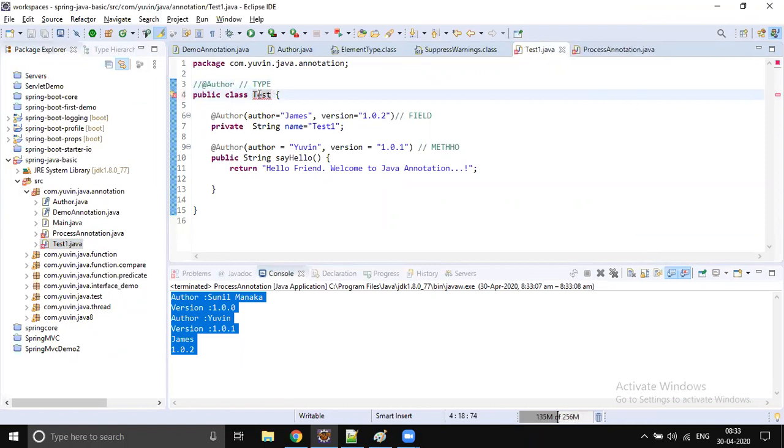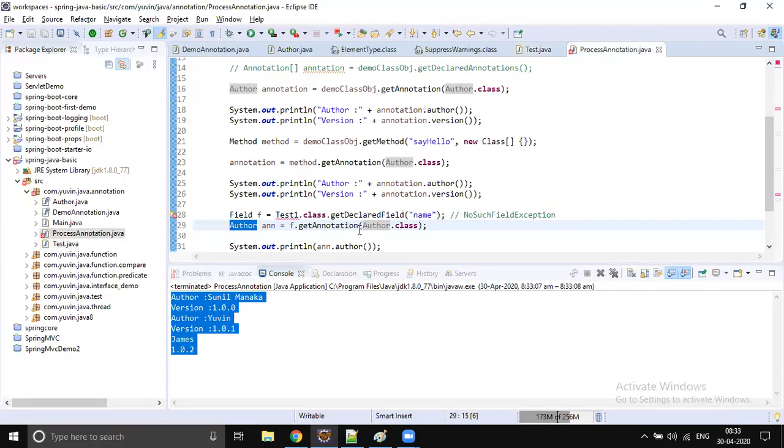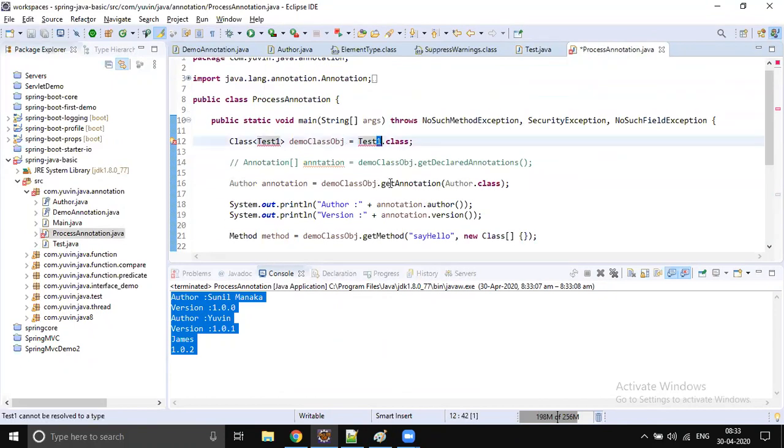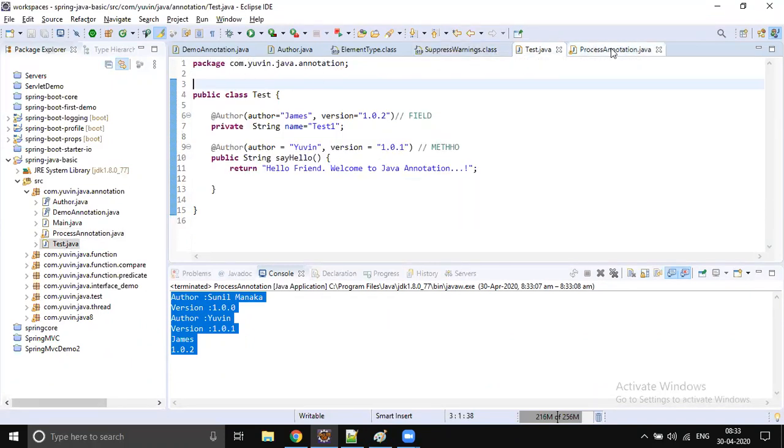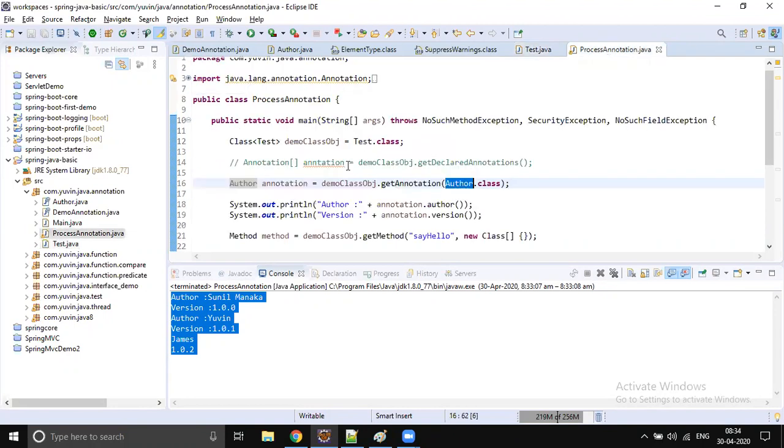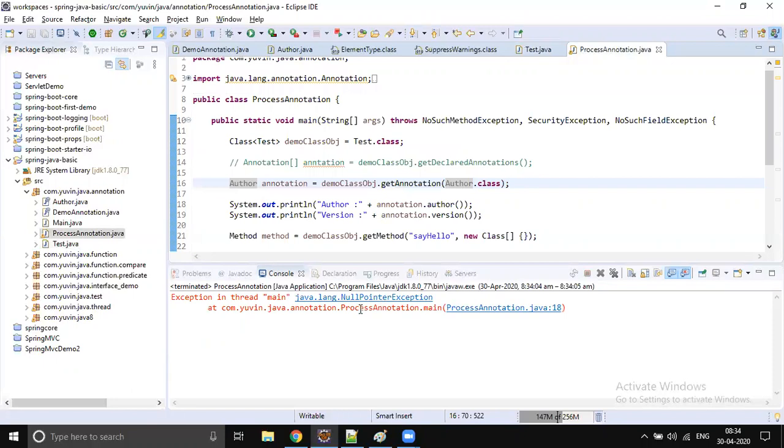So if the class doesn't have the author annotation, if I remove the author annotation on top of this class, and we are trying to get the annotation, this class doesn't have the annotation. I just deleted the author annotation from test.java, but still I'm trying to get it.